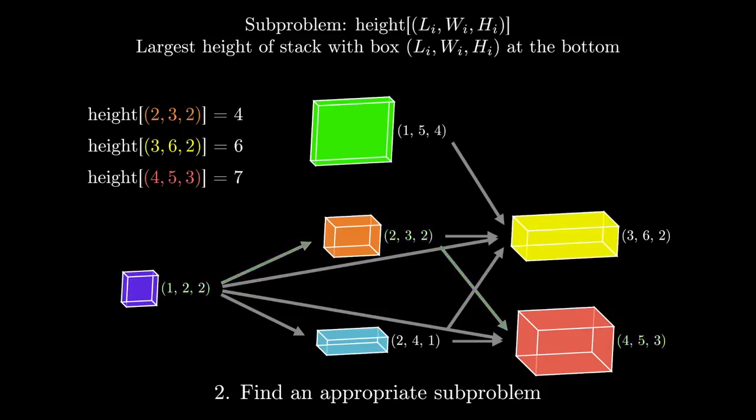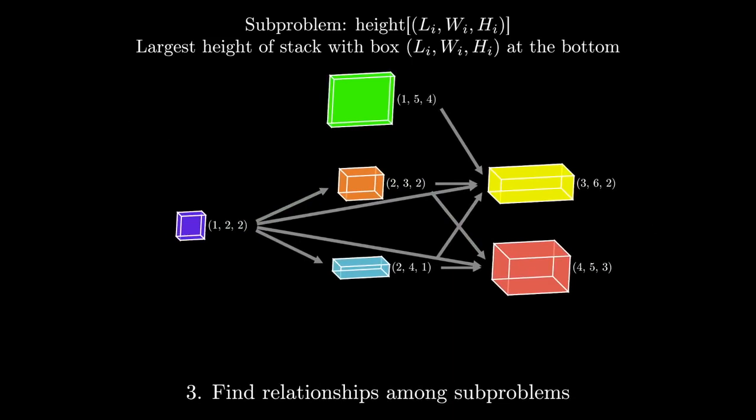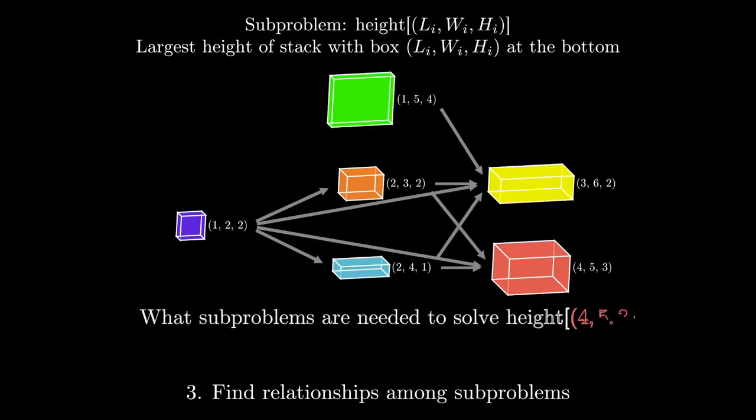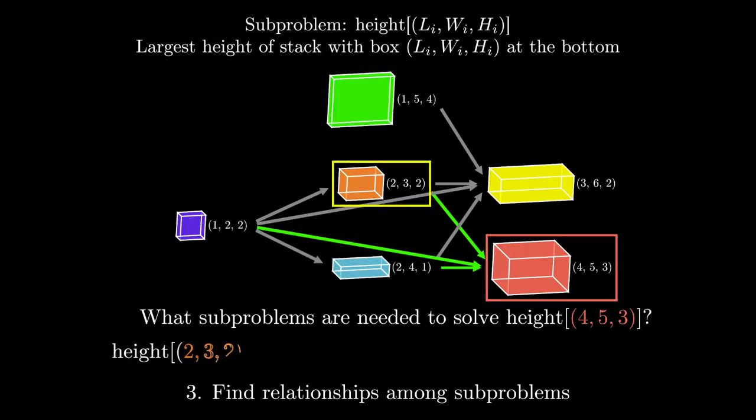The next step from here is to find relationships among subproblems. As we have done before, let's take a particular subproblem and ask what subproblems are needed to solve it. For example, if we want to find the optimal height of a stack of boxes ending at the red box, we have 3 boxes that directly lead to the red box. So the subproblems that are necessary are the optimal stack height ending at the orange box, which we already saw